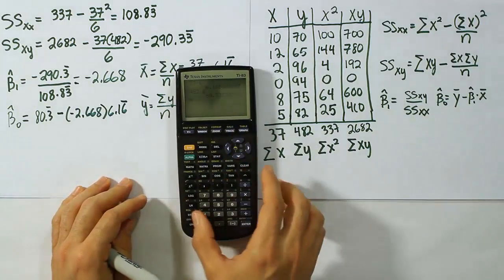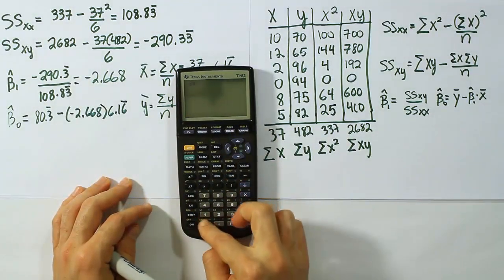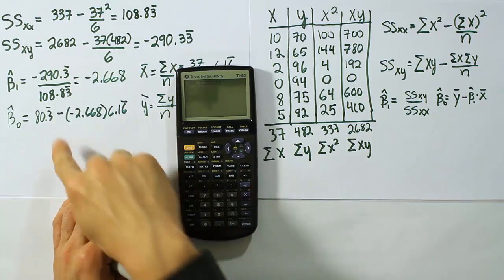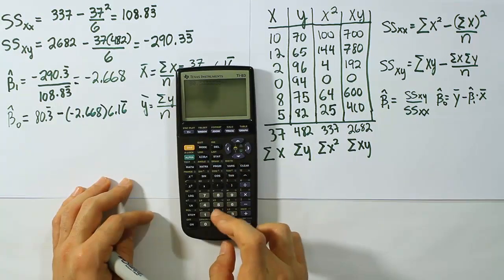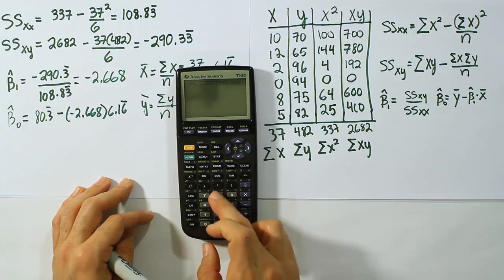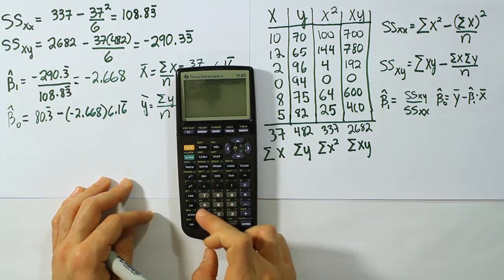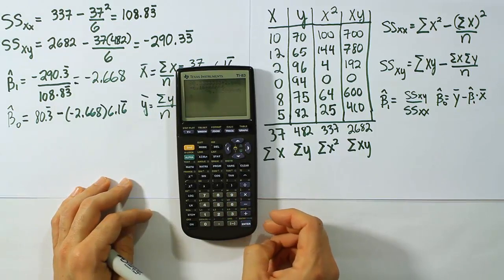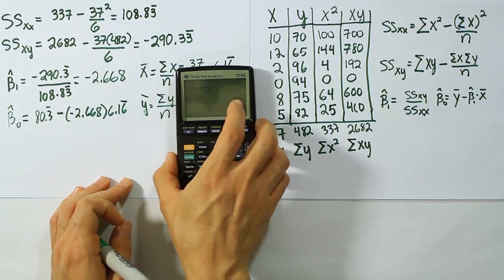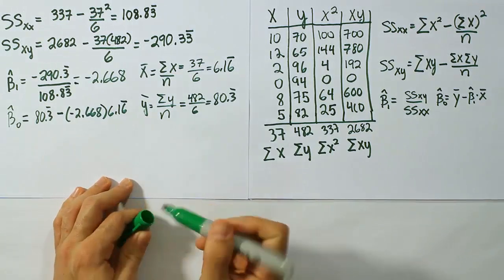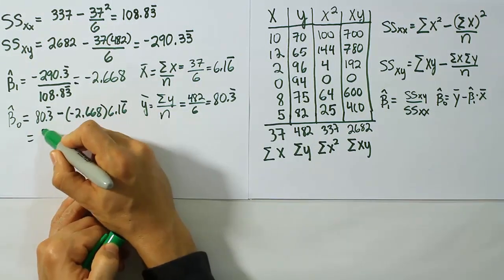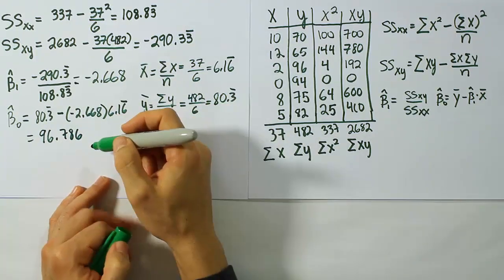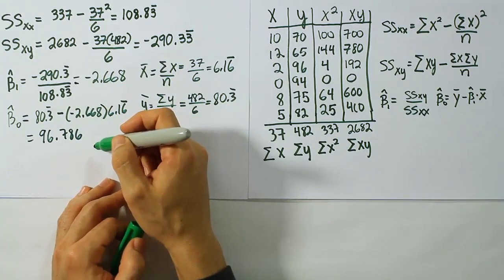So let's plug that in and see what we get. So we'll have 80.3 repeating. Minus, and a minus here will become a plus. So I'll have plus 2.668 times 6.16 repeating. Hit enter and we get the answer 96.786. All right, so once you have that value, what you have to do is plug it into your regression